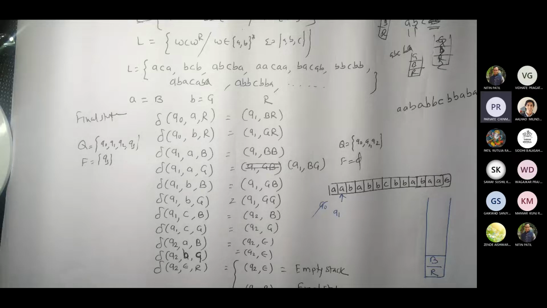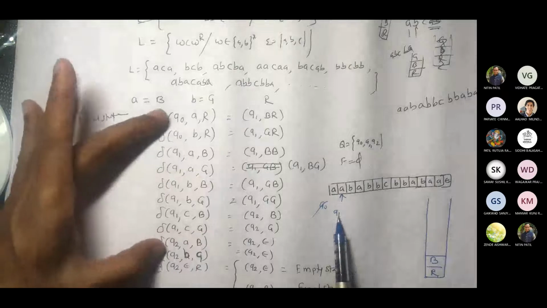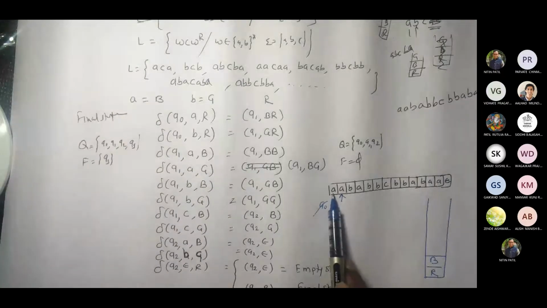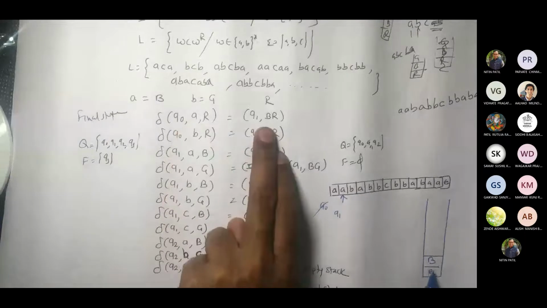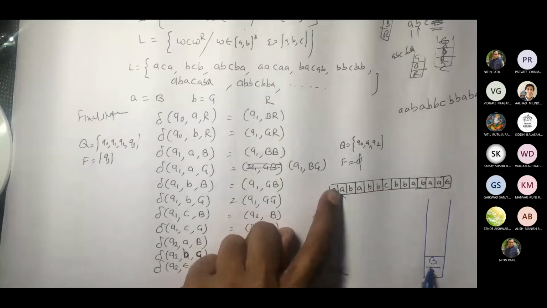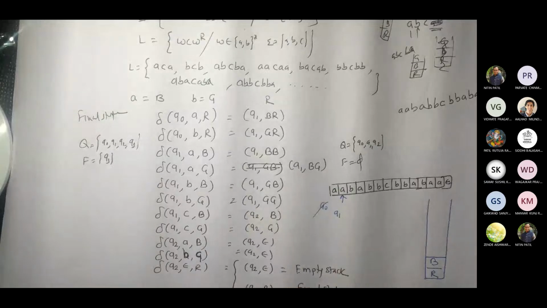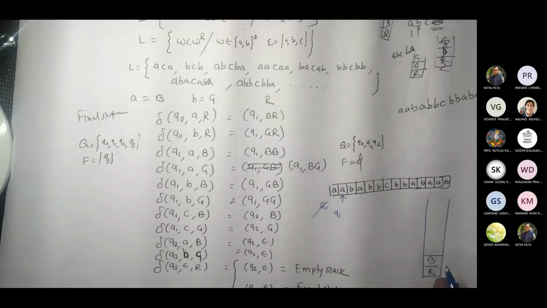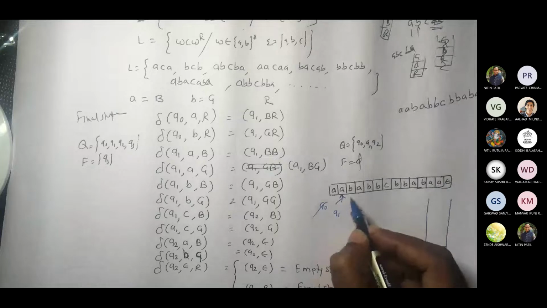So I'm confused if the state will change now. See, we took the first A, so we applied Q0 A R, so we applied Q1 BR, correct? Fine. Now we are in state Q1. We have the next symbol as A and at the top B. What is there? Q1 A B. Check in the transition function. Okay, so that is Q1 and BB. So we are pushing one B, correct? So this is done. We are in Q1 only.